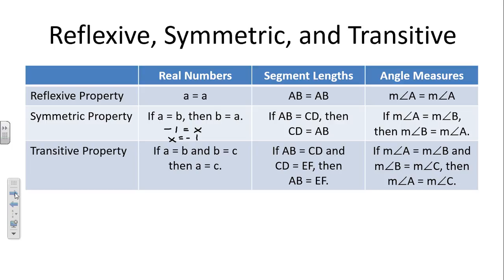Okay? So symmetry is switching the sides. If the distance between A and B equals the distance between C and D, then we can switch the order and say the distance between C and D equals the distance between A and B. That's all it's saying from a segment length standpoint. And again, if we want to get it to the other side of the equation and the measure of angle A equals the measure of angle B, we can switch it and say the measure of angle B equals the measure of angle A. All right, and then finally, transitive looks kind of like